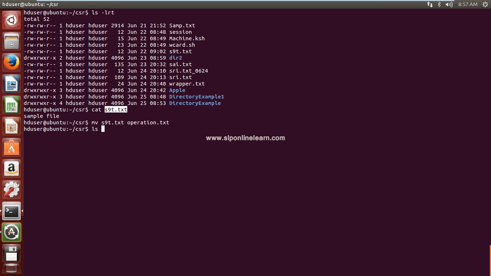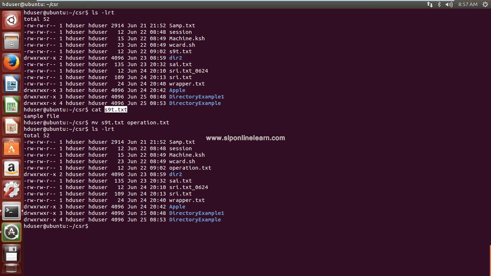Now check whether the file s9t.txt is present or not. There is no file with the name s9t.txt. Why? The reason is the file name is changed to operation.txt. Is there any file? Yes, there is a file operation.txt. Now check what is there in this file.